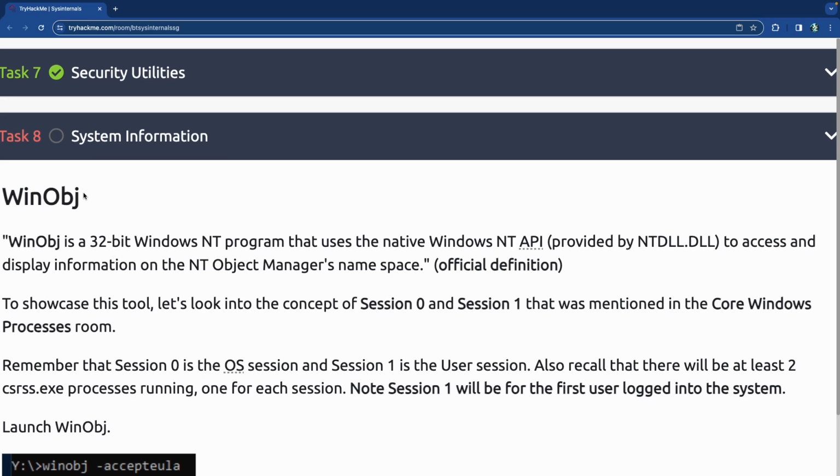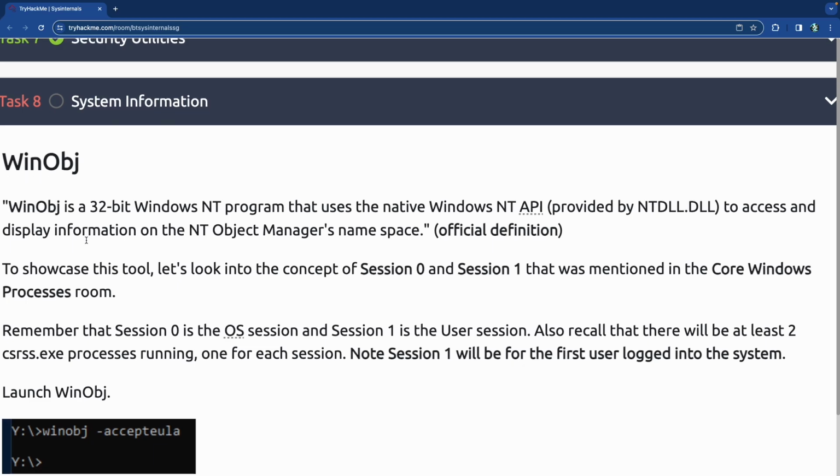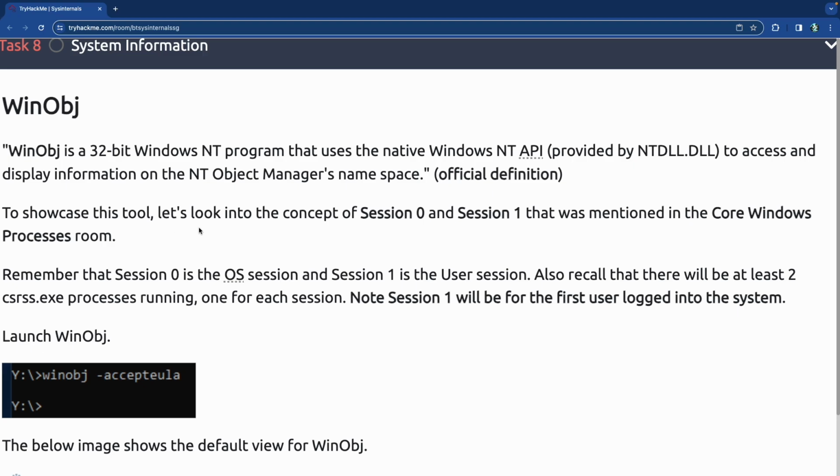WinObj, this is a very weird thing. I'm guessing it's Windows object, but WinObj is a 32-bit Windows NT program that uses the native Windows API provided by NTDLL.DLL to access and display information on the NT Object Manager namespace. To showcase this tool, let's look into the concept of session 0 and session 1 that was mentioned in Core